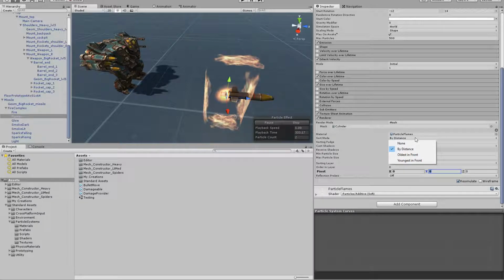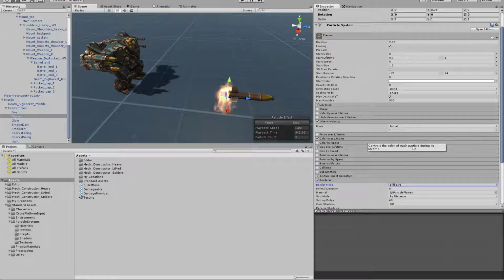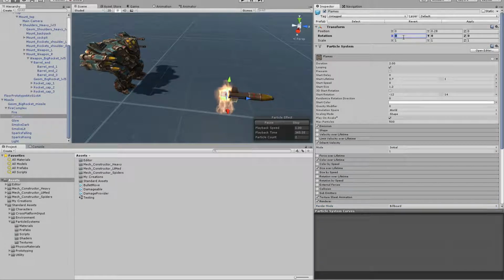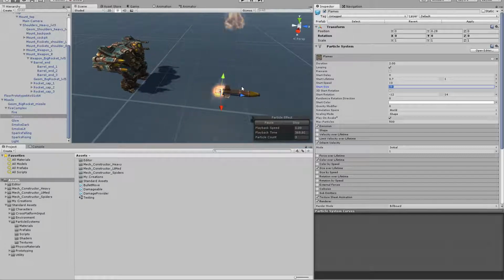Can you make it smaller? I could probably make it smaller somehow. I think it's still like, go back to a billboard the way it was. Yeah, and you were up top on the transforms. It wasn't doing anything whenever you tried changing the transform's rotation. No, like I'm doing it now, it's not doing anything to it. But it did something when I had the velocity on it. Where was it? It was something in here. Start speed. So if I give it a start speed of 10, it's going to be shooting off that particle from the emitter. I think if you watch it,